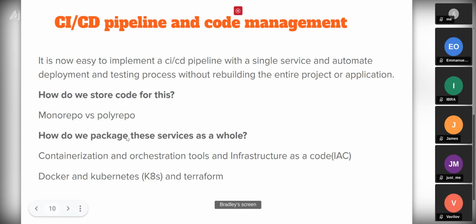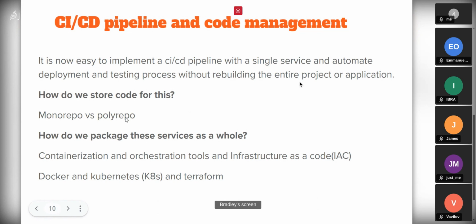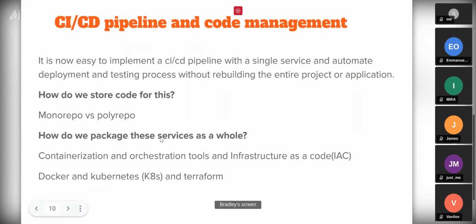Most of these new startups, and people who don't know how to scale monorepos and offer access to people for specific projects, usually prefer polyrepos. That means you have different repositories that handle different sections of the microservices, and you build them whenever you need to deploy them. You build them into one build and then ship them out to the vendors that need to deploy them, like AWS or any other place that you need.